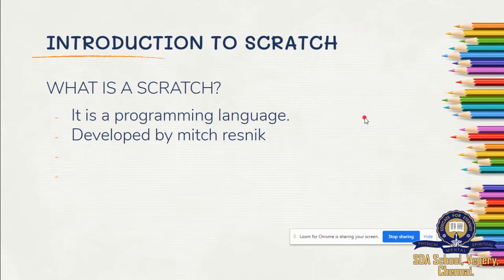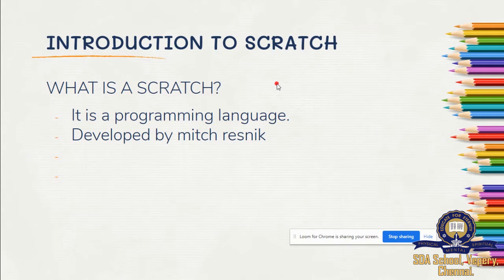You play games or you listen to music, you watch YouTube videos. Mainly, you like playing games. Have you ever thought how to create games by yourself? For that, Scratch is very useful. You can create your own games, your interactive stories, everything using Scratch.